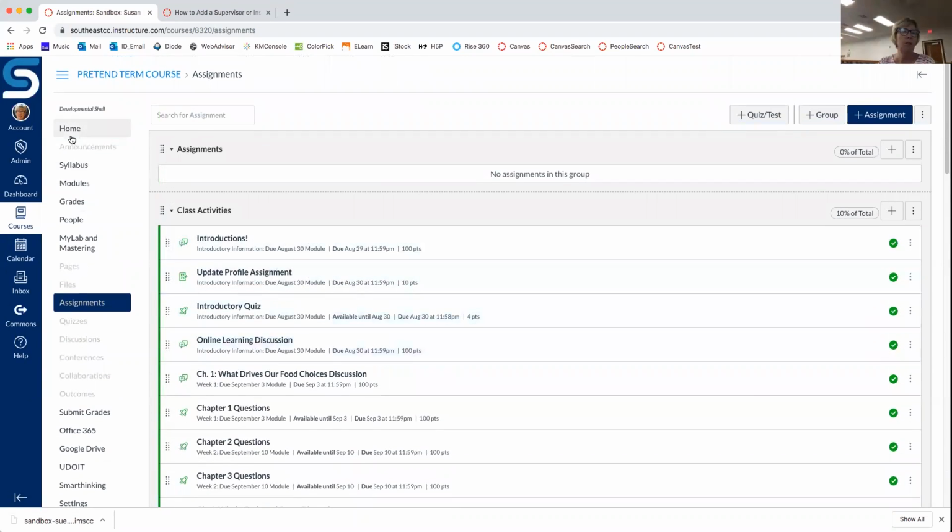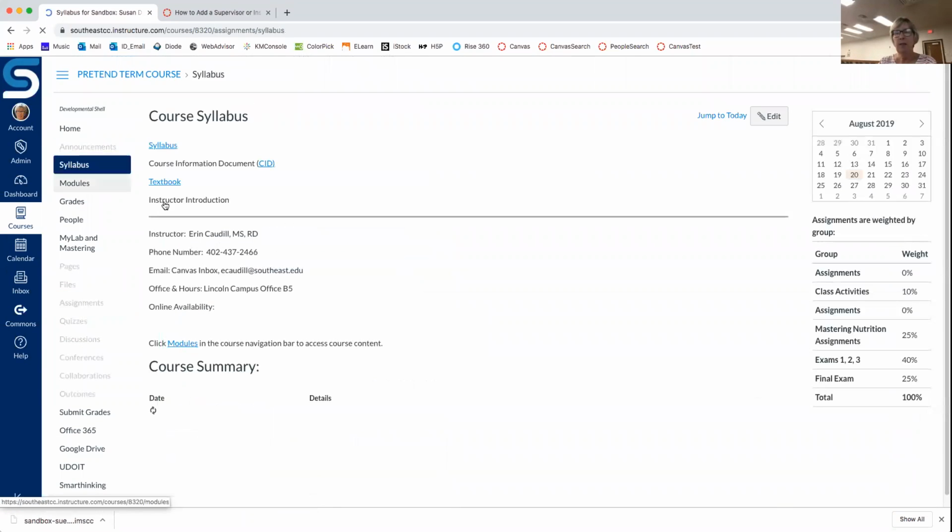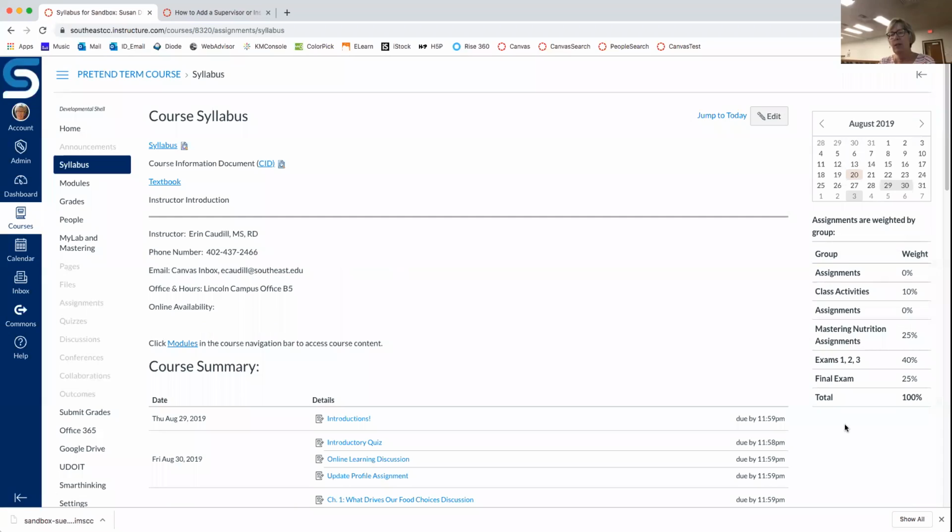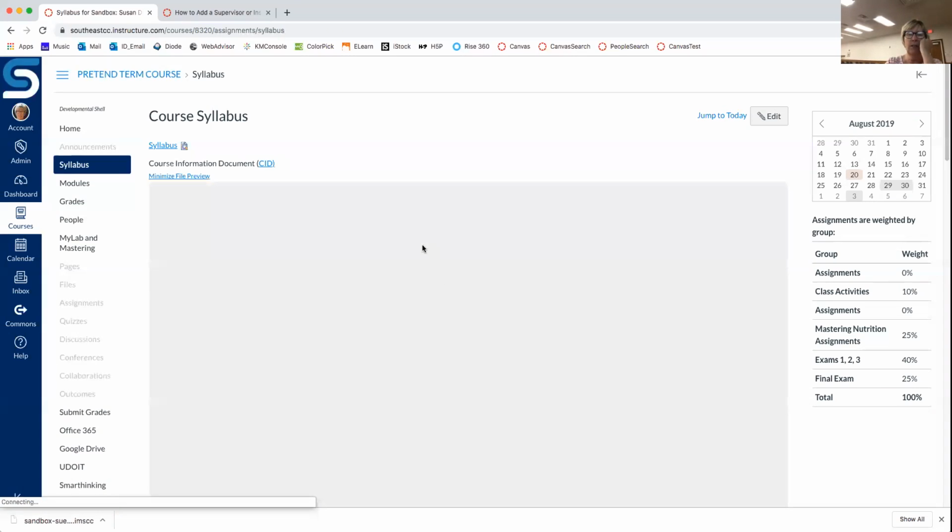Another way to see your gradebook setup very quickly is to go to the syllabus, and you can see here what your grade weighting is, which is kind of handy. I've had people not realize they didn't have 100% in here, and it's a good way to quickly check. You all know your own CID, and if you didn't, you could even click on your CID,